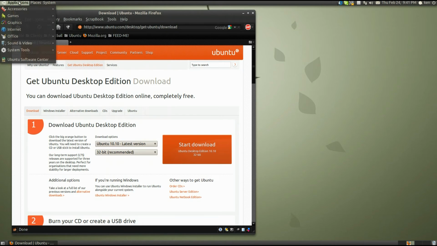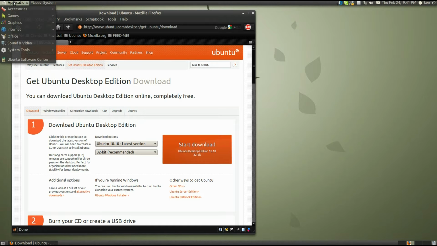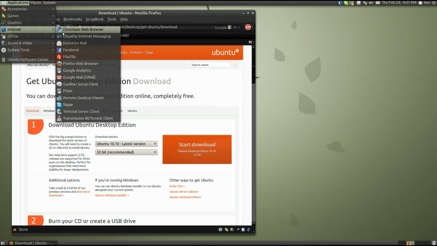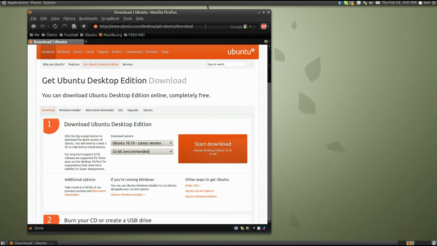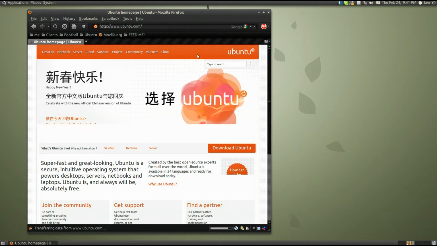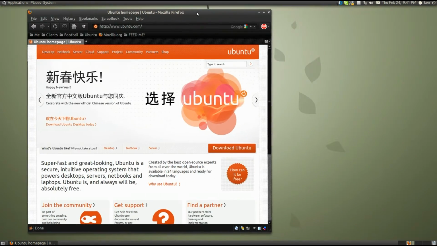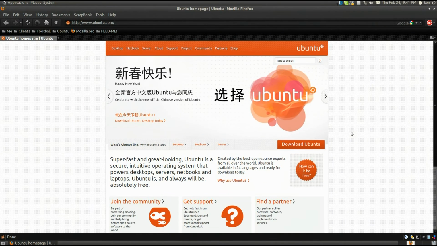And at the top left-hand side of the screen, you see I've got a menu, three names here. Applications. We'll go down to Internet. I open up Firefox, and basically I just navigated to this page. I went to Ubuntu.com, to their main web page, and I'll make this full size by middle clicking on the top button up here. I've got a little effect that does that, and you can just click download Ubuntu,